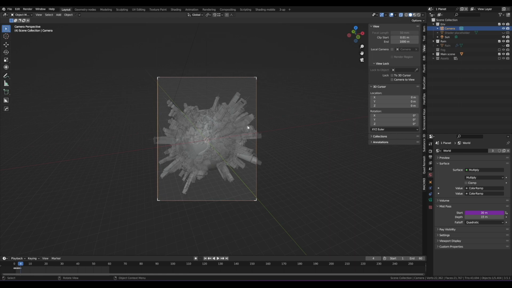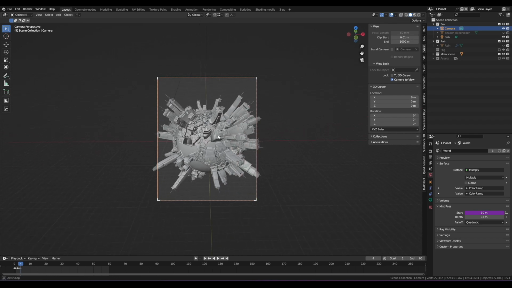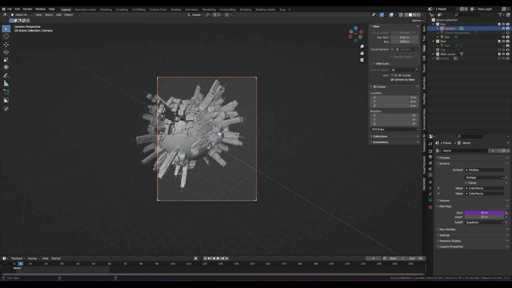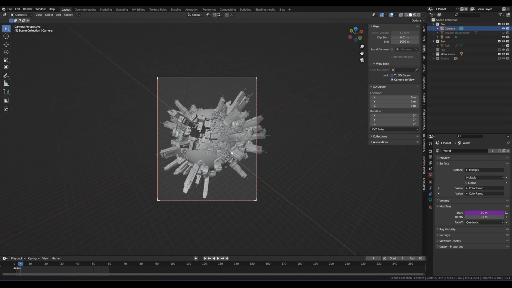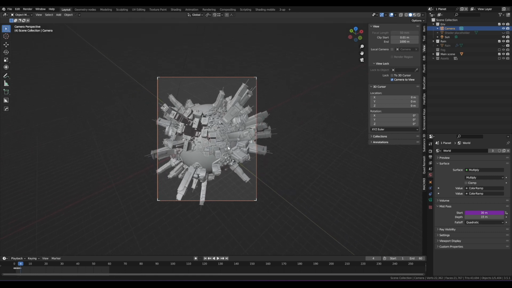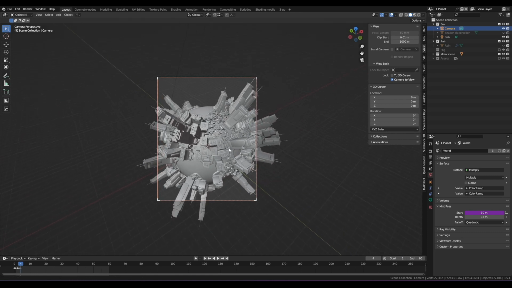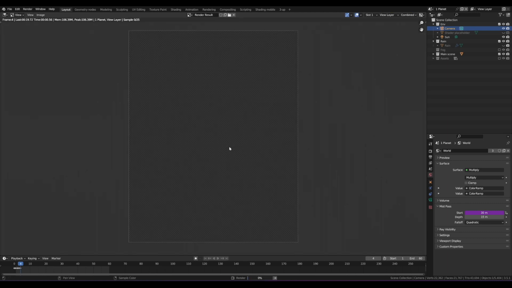I'm going to get out of X-ray mode. And remember this camera to view trick. If I click that, now I can move about this scene, maybe get a different composition or different angle on things that I like, maybe even move in a little bit, something like this. Let's do another render